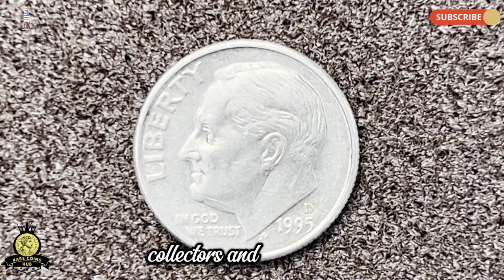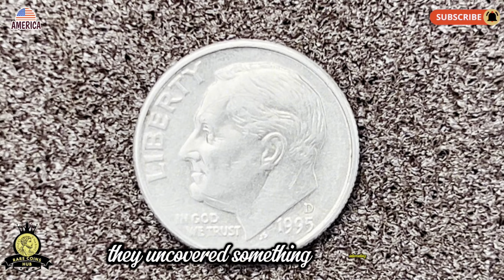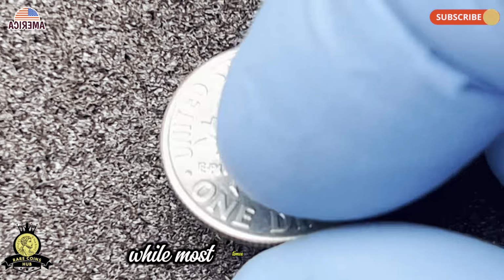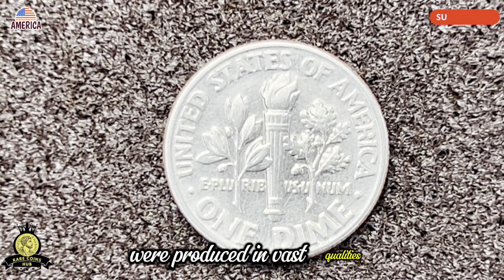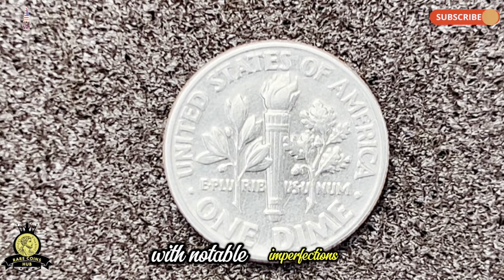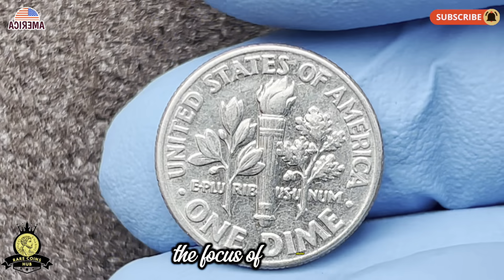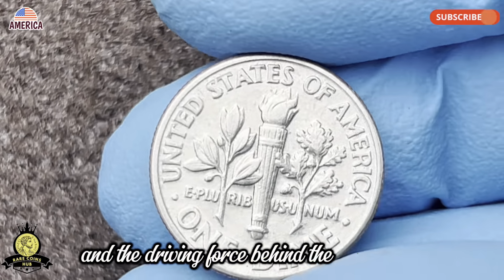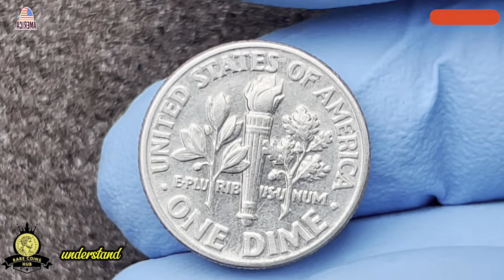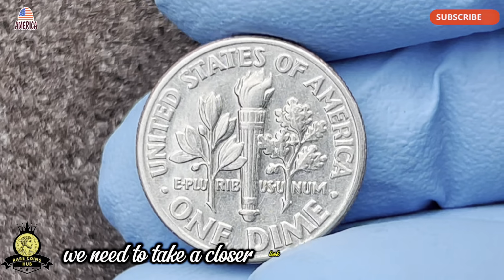But when collectors and numismatists started digging into the specifics, they uncovered something interesting. While most dimes from that year were produced in vast quantities, a few coins made their way into circulation with notable imperfections. These imperfections would soon make them the focus of attention and the driving force behind the coin's value today. To understand why these imperfections are so important, we need to take a closer look at the design of